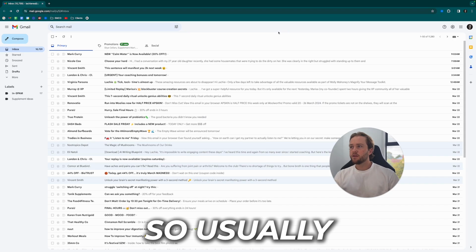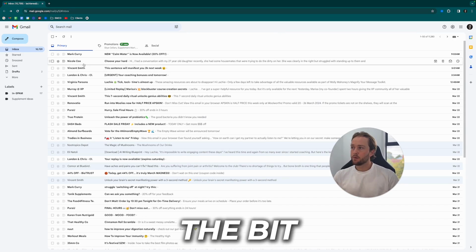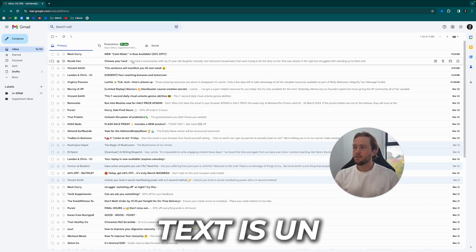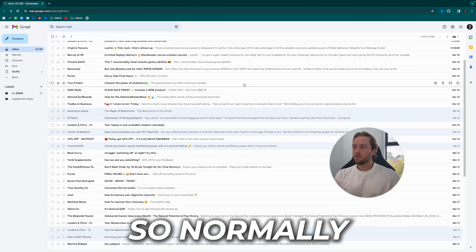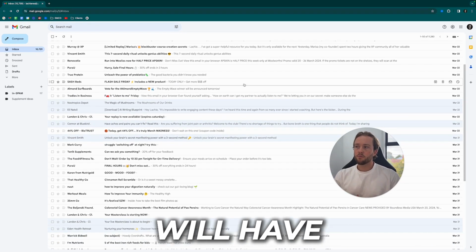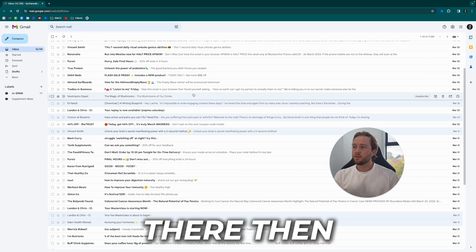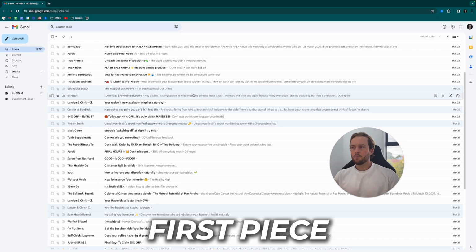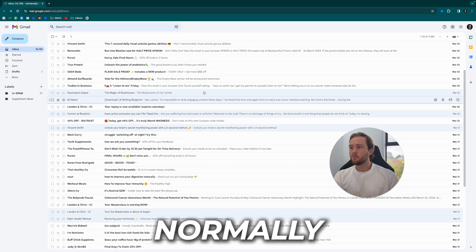So usually in any email inbox, you will have 3 variables that you will see. There'll be the from name, the subject line, and then the pre-header text. So the pre-header text is this unbolded text next to the subject lines in their emails. So normally the business or the brand will have some sort of pre-header text set up. If they didn't write anything in there, then the email client or the ASP will bring in the first piece of code or piece of text that it sees within the email, which isn't ideal because normally it ends up